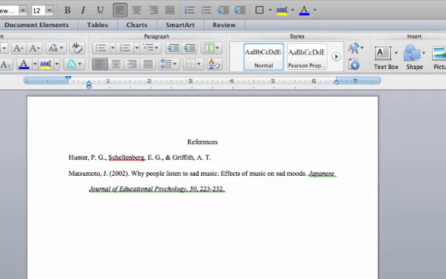Now, if the source has 7 authors or more, which some do, you write the first 5, place an ellipsis after the 5th, and then include the final author. Now let's get our publication year, followed by the title,